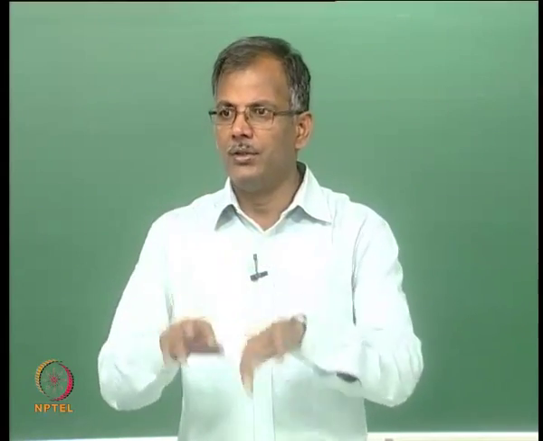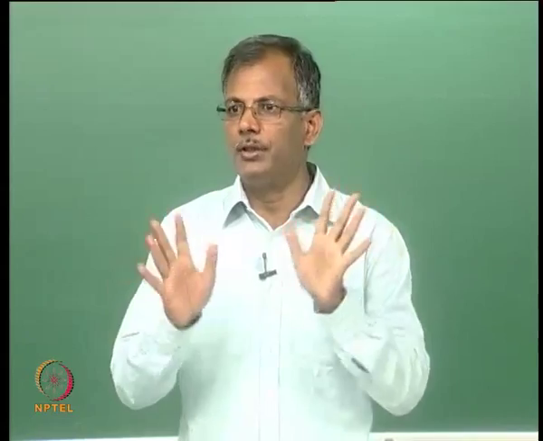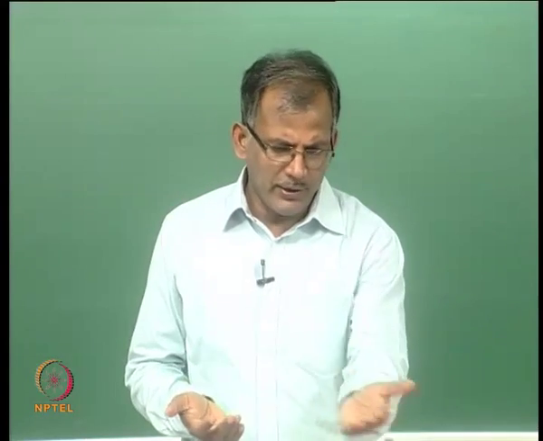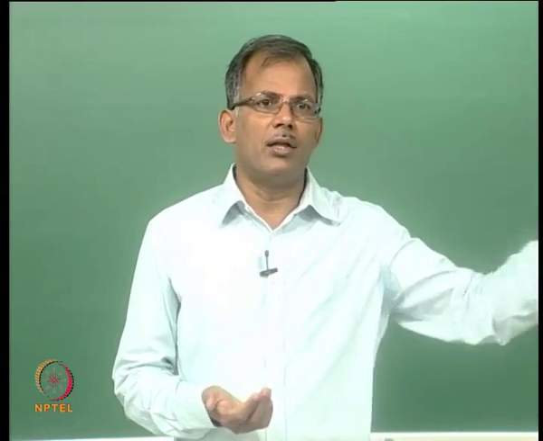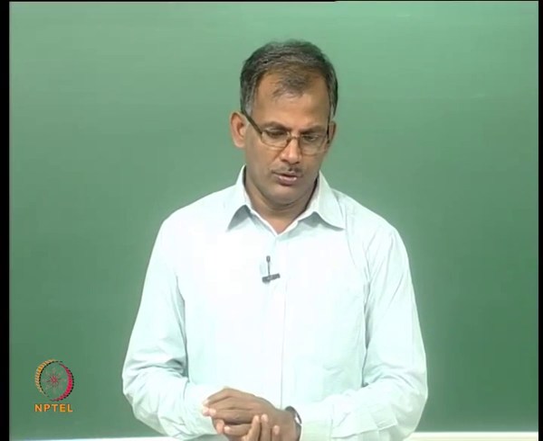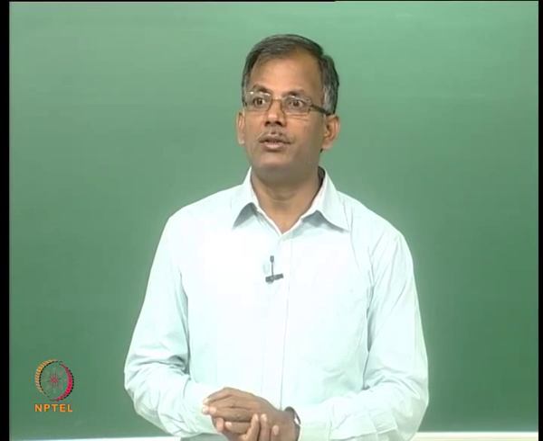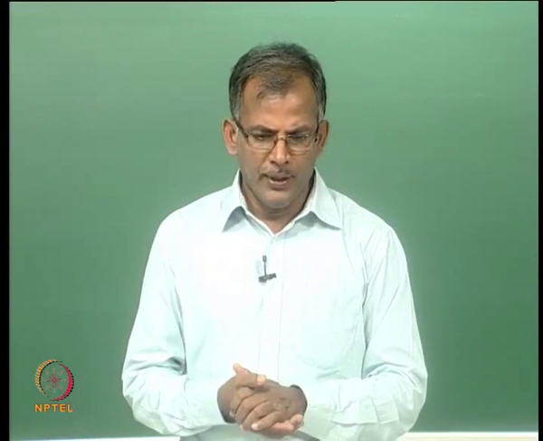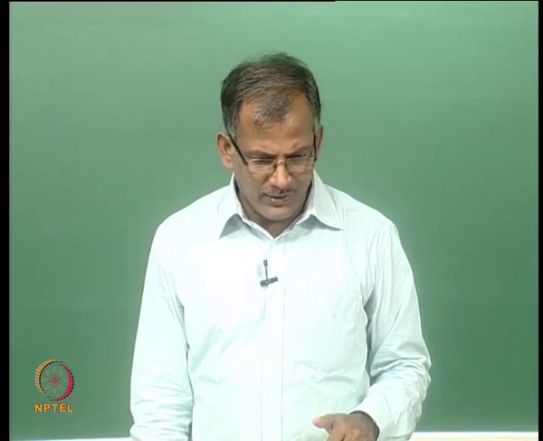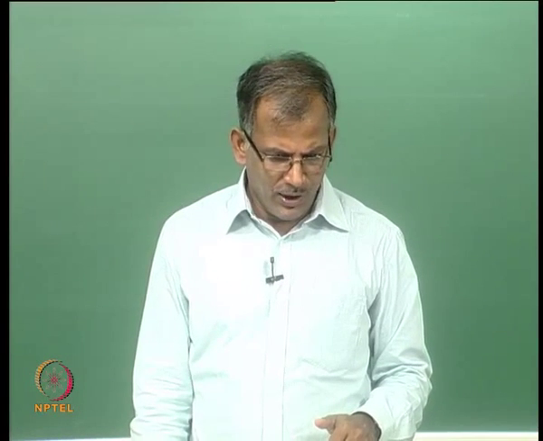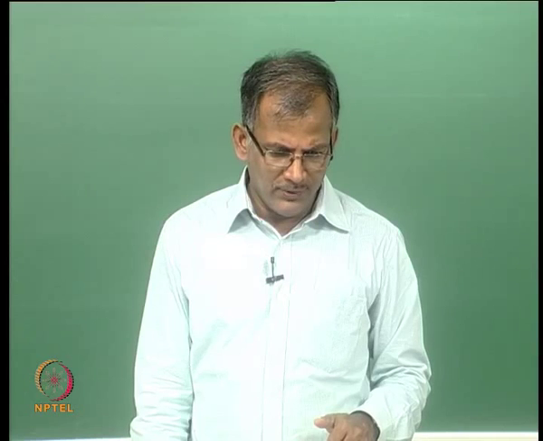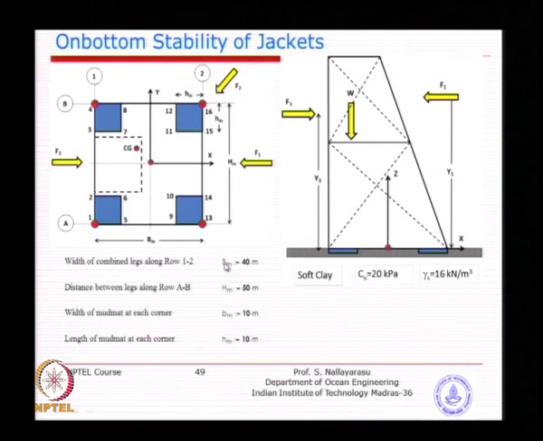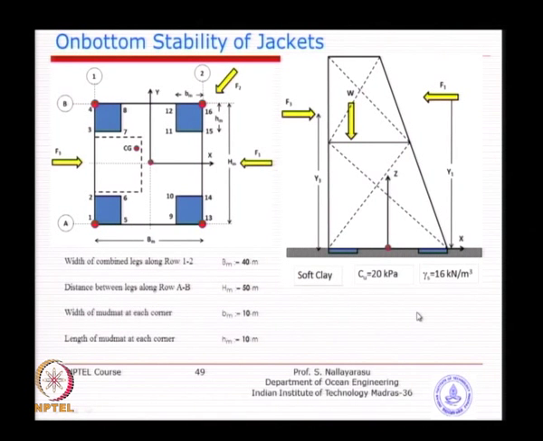So, in that case you will be able to just do it and then decide. Some of the problem, by screening itself you can see you do not need to do all other things, you can just do. So, you should employ your intelligence in doing this, so that you can reduce the time. In this particular case, the width of the jacket is 40 meters, and the other dimension or the length of the jacket is 50 meters between A and B, and the individual dimension of the mud mats are given 10 meter by 10 meter, which is squarish.